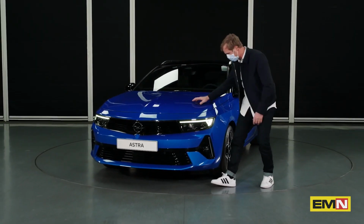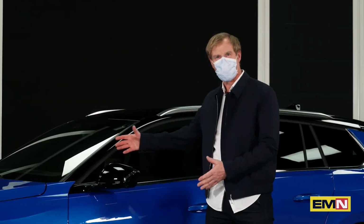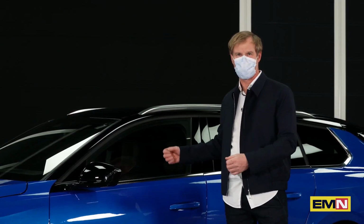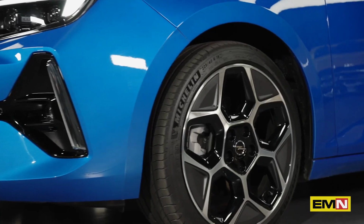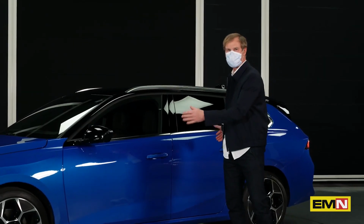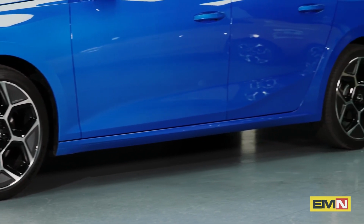Now let's move around to the side. As you can see in the side view, the new Astra Sports Tourer has very sporty, low-slung proportions. The longer wheelbase of about 6 centimeters gives us a lot more interior roominess, but it also helps to stretch